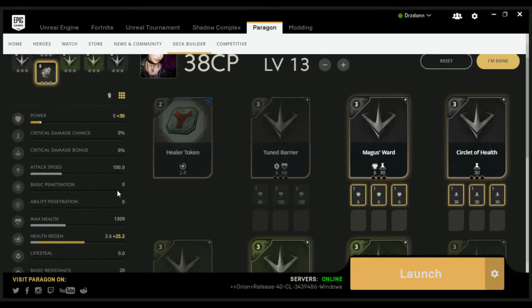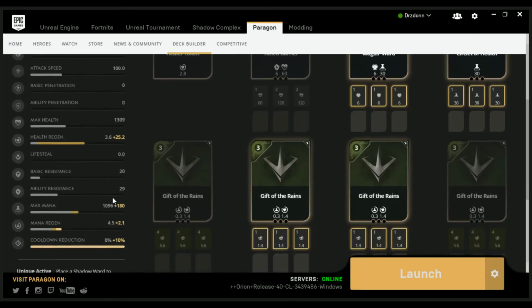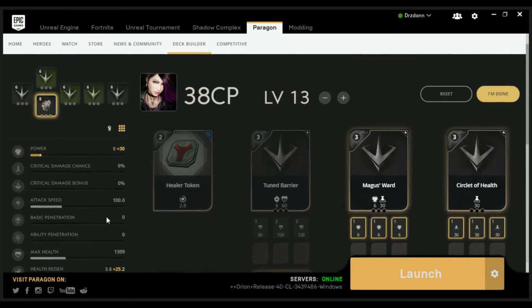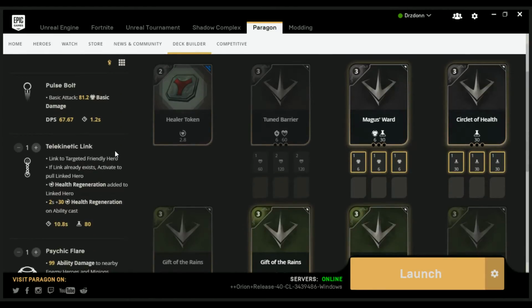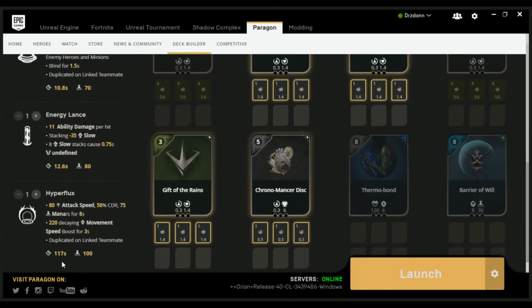And let's look at the stats right now. You are at over half of max health regain, right? You're at 25.2. Max health regain is somewhere slightly over 40. You have a good amount of mana. You have your cooldown reduction. So now all of your abilities have been reduced to 10.8, 12.6,